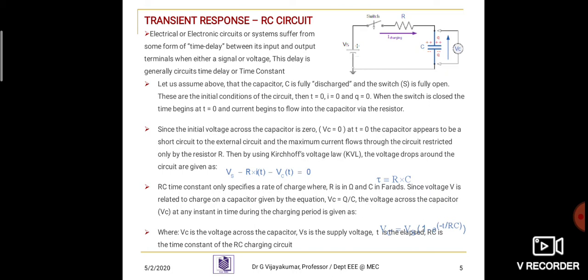So the transient time between switch on and reaching the steady state is called the time delay. This delay is generally known as circuit time delay or time constant, which represents the time response of the circuit. When an input step voltage or signal is applied, the resultant time constant of any electronic circuit or system mainly depends upon the reactive components, either capacitive or inductive, connected to it.